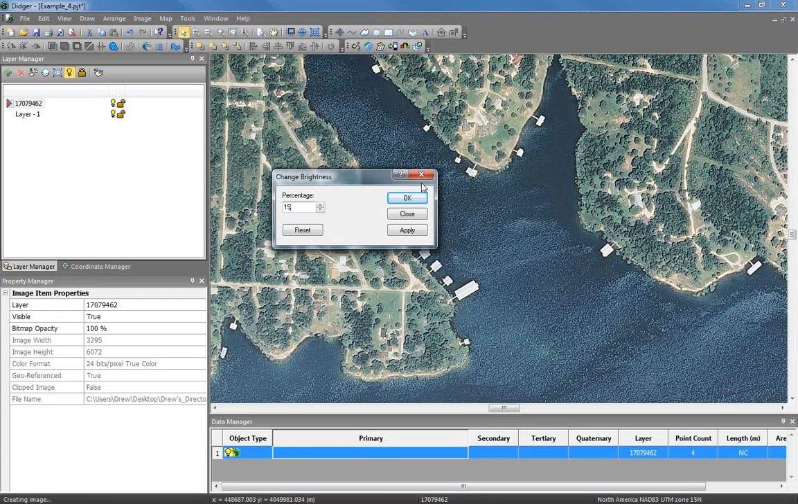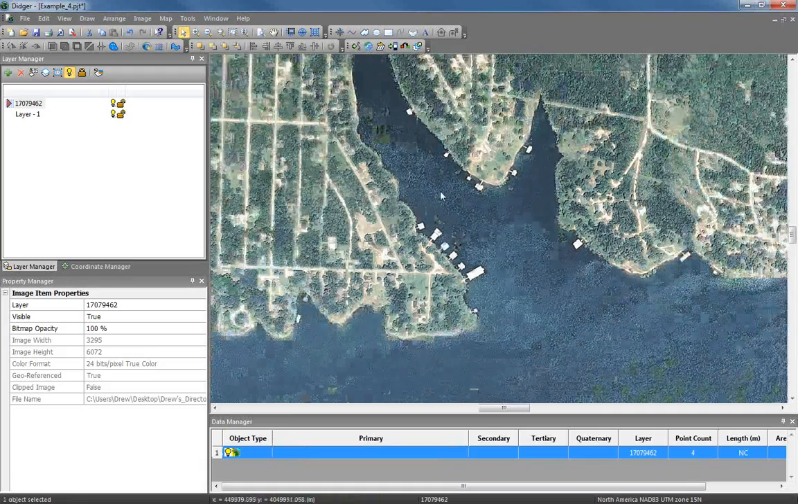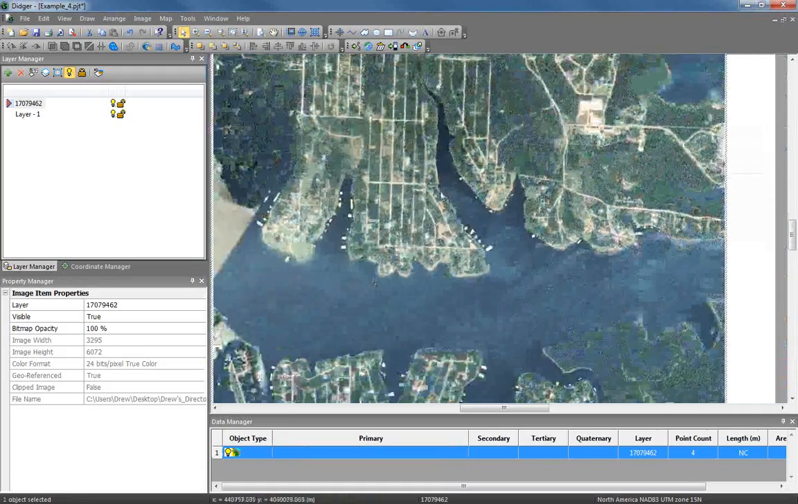And so increasing the percentage here will increase the amount of light that Didger assigns to the image. You need to be careful not to go too far here because you can really lighten up your image too much. I'm going to go ahead and use 15 and click OK. And now you can see this image looks a little bit better from applying the filter, a little bit more